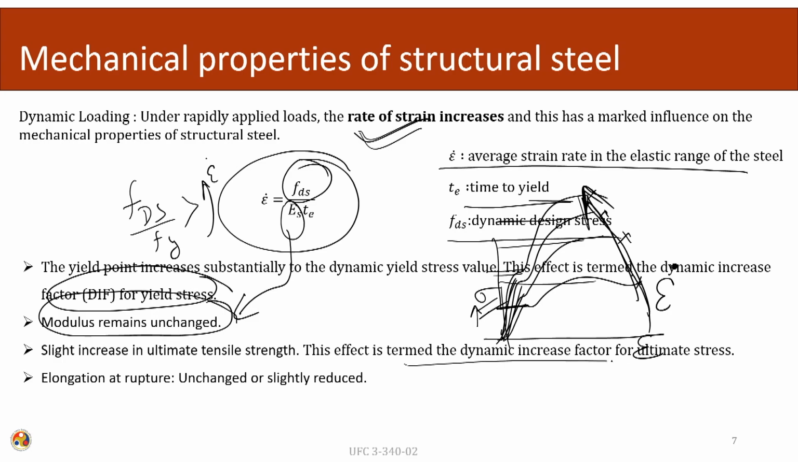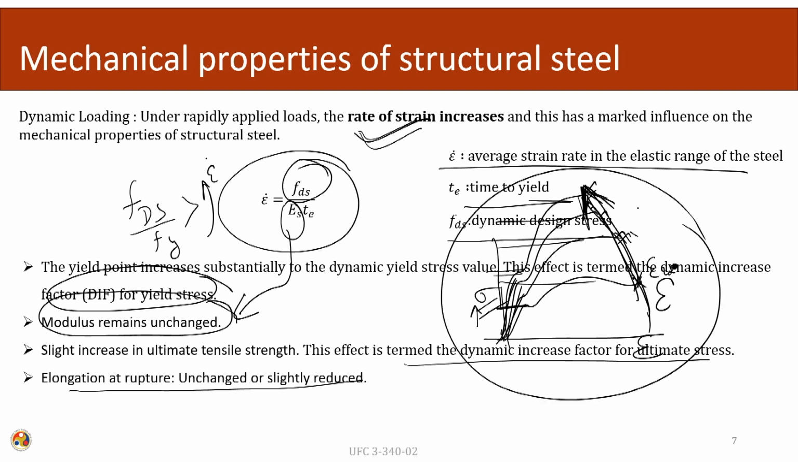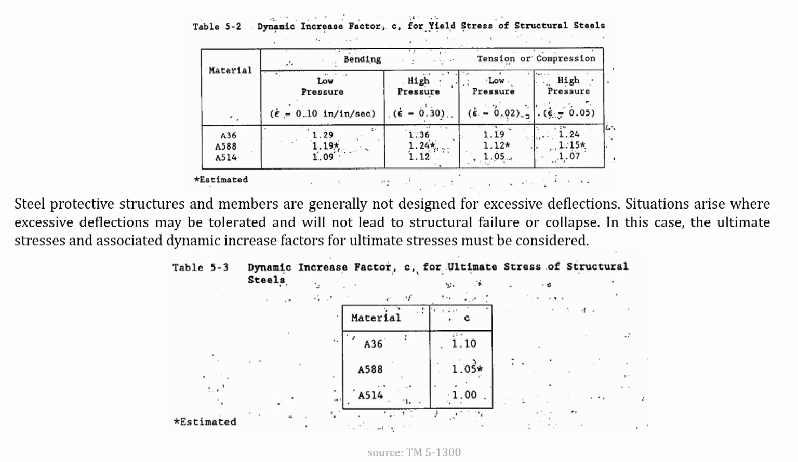This effect is termed the dynamic increase factor for the ultimate stresses. Elongation at rupture, this value at rupture, is normally unchanged or there might be a slight reduction in this particular value. So, this is the behavior of the steel under the influence of the increasing rate of loading. These are some of the values that are given in the design books which are normally used in